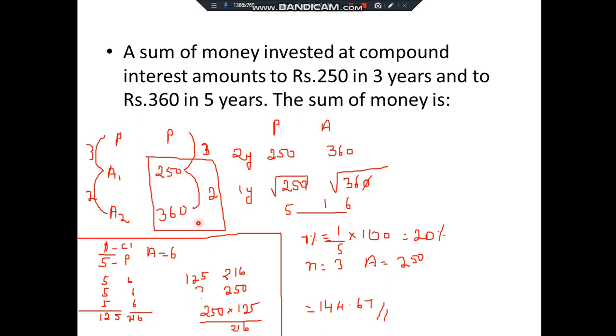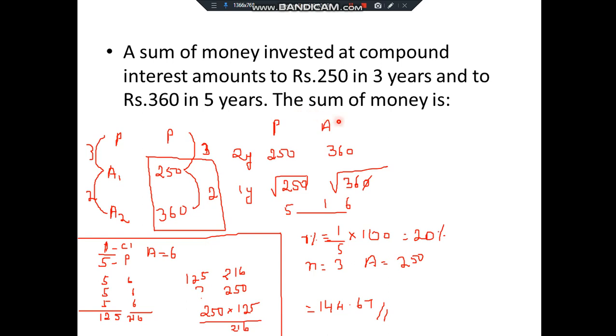In the previous question we have seen the difference between the first amount and second amount, the number of years is 1. So easily what we did, we subtracted A2 and A1 and found the interest, and using that we found R percentage. But since it is 2 years, if it is simple interest we can split it equally, but here it is compound interest, right? So we cannot do that. So we'll go with one method which is quite easy, but understand the concept very clearly.